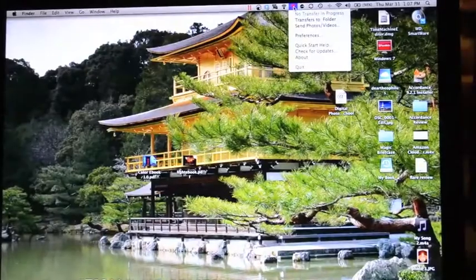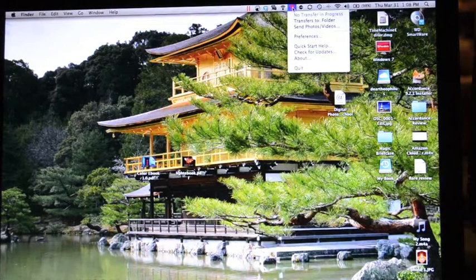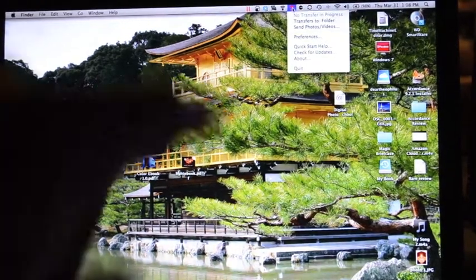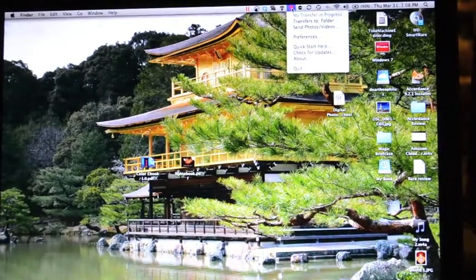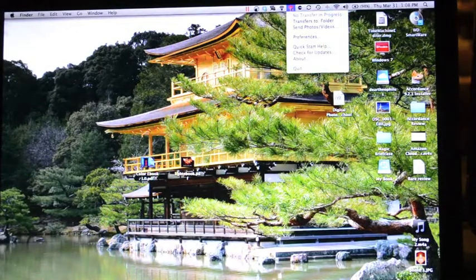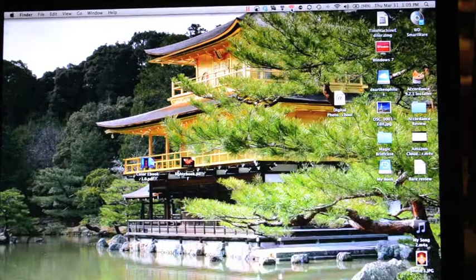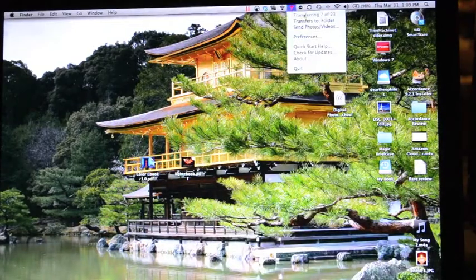The other part of PhotoSync is on your desktop system or your notebook computer, and I've got it running on my MacBook Pro. You notice the drop-down box up here from the menu item. It's got that little orange icon up here. If you can see my mouse sort of moving around up and down there. What it does is you go up here, it'll show you whether you have a transfer in progress. I'm going to go ahead and start one. All right, so I went ahead and started one, and you click on that and you can see it says transferring